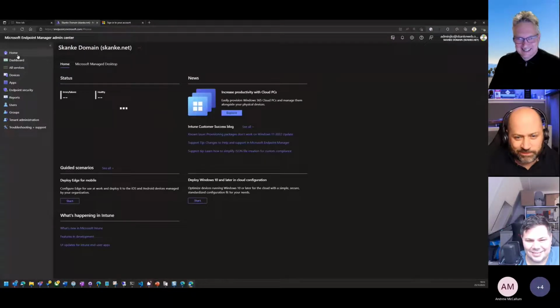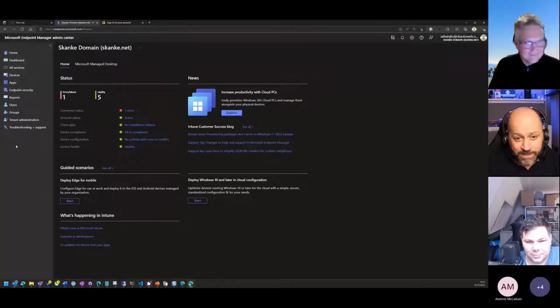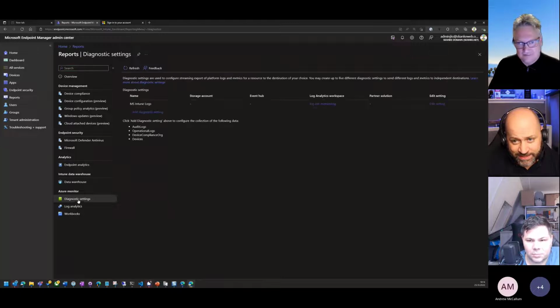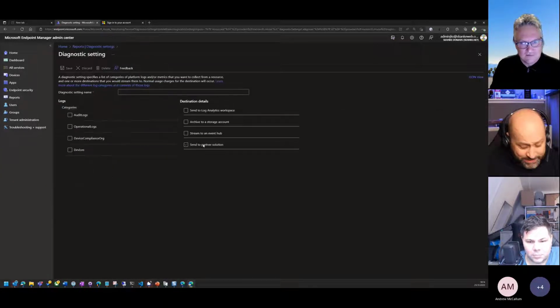So to get started, you go into reports, you click on diagnostic settings. Let me share my screen. All right, let's start at the top. First you go in here, click on reports, click on diagnostic settings, and then click on add diagnostic setting, and then you give it a name,